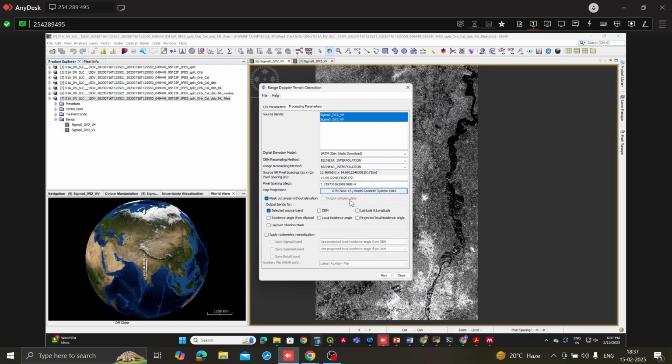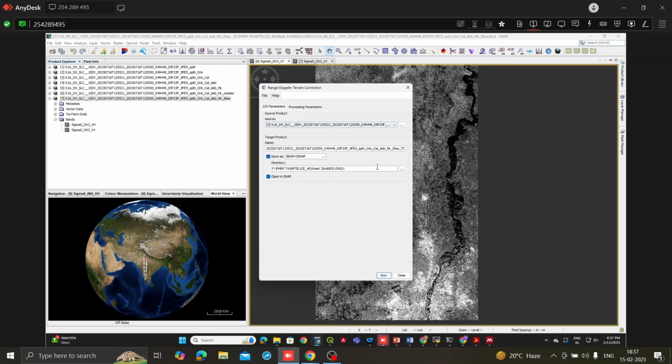We can save many times. We want to save, work with the incidence angle also, and also layover, shadow, mask, all these. So we can click any of the projected local incidence angle, and incidence angle from ellipsoid. So we are into this local incidence angle, and we can